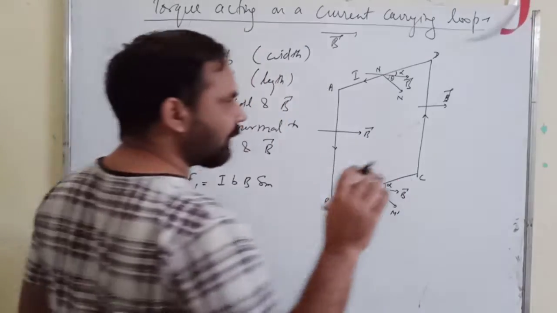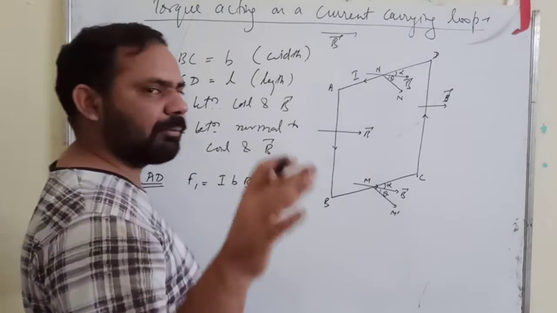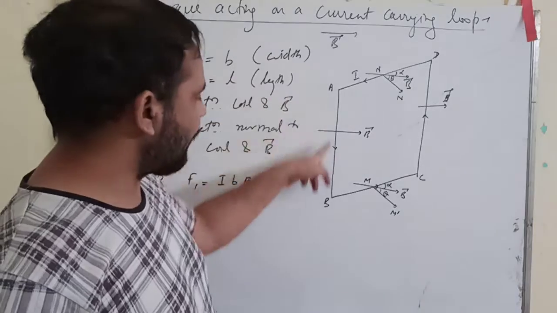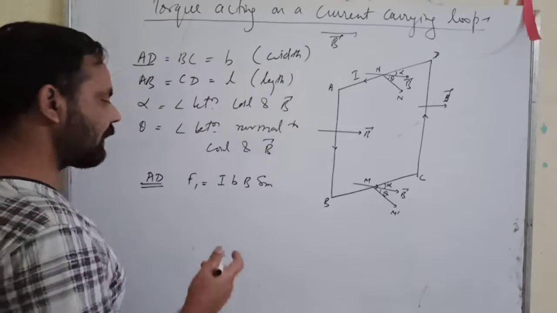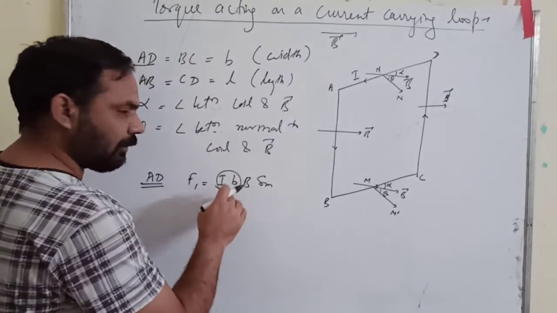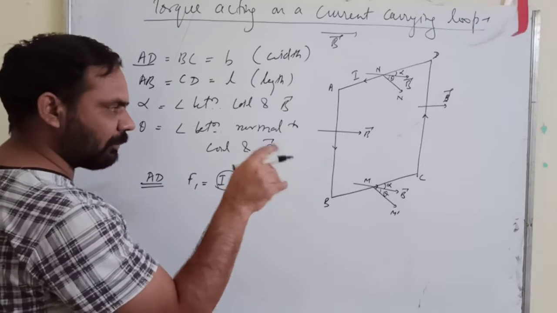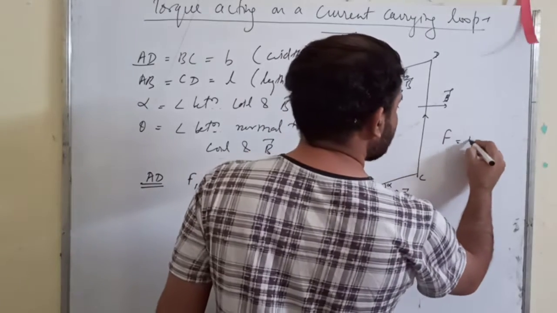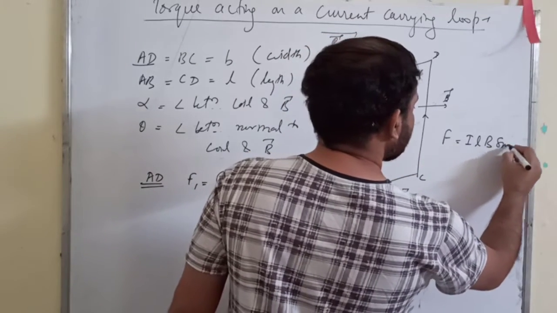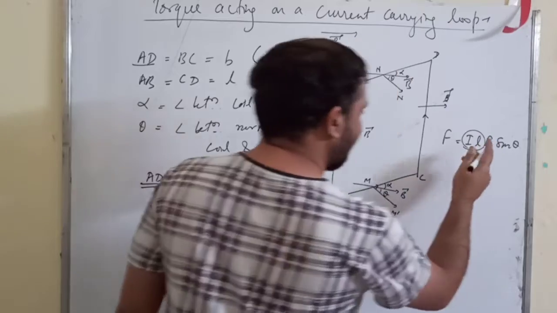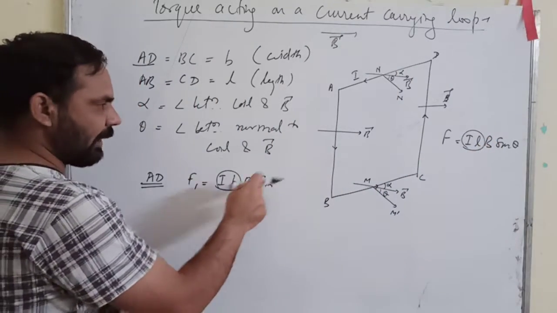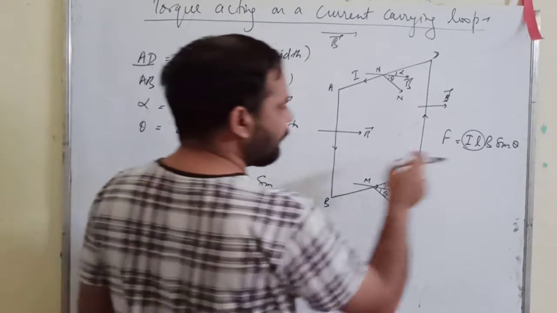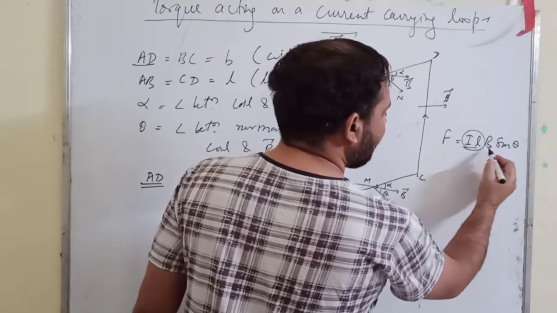Here don't confuse with IL vector. IL vector we were using for the current element. Here L represents this length. Okay, but I will speak it like this. This part is your IL vector. Inside the formula, if you go refer to the formula, you will find that formula for force is ILB sine theta. This IL here is IB because L is replaced by B here. Then you have the magnetic field B, and sine theta, this theta is angle between IL vector and B vector.